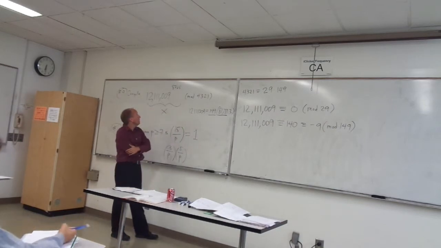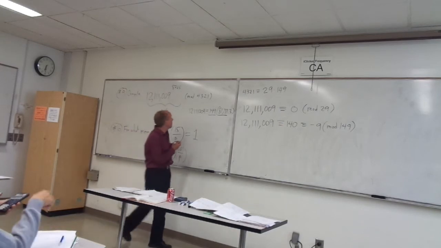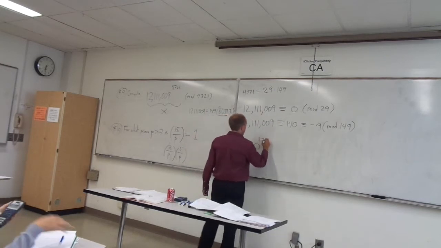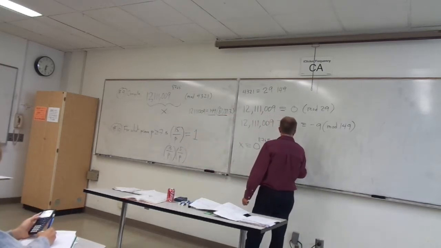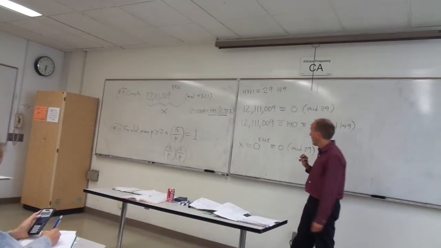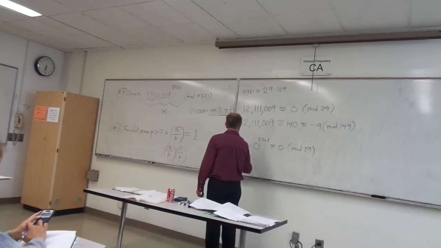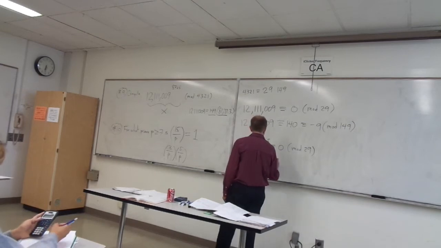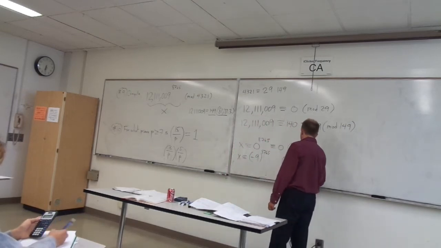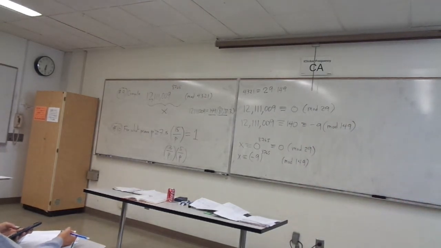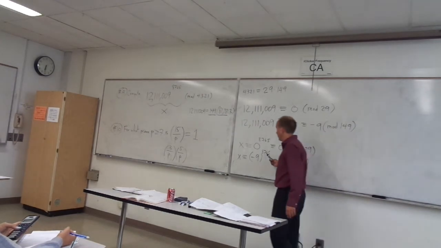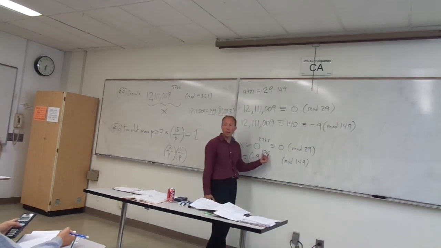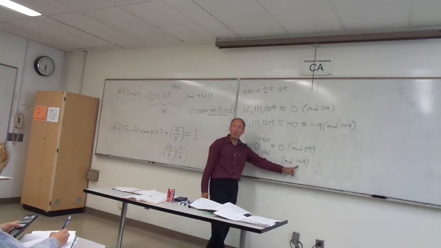Okay, so we're trying to figure this thing out. We know that x is certainly congruent to 0 to the 8765, which is 0 mod 29. You know that. And then x is also congruent to negative 9 to the 8765 mod 149. Right? So how are you going to figure this thing out? You want to use Fermat's little theorem, right? Because you're computing a large power of a number, and 149 is prime, so what that means is